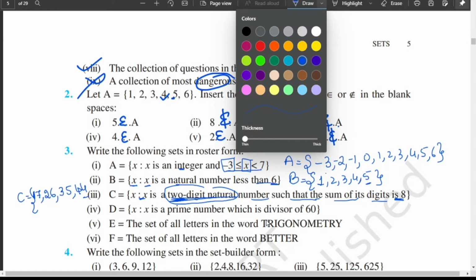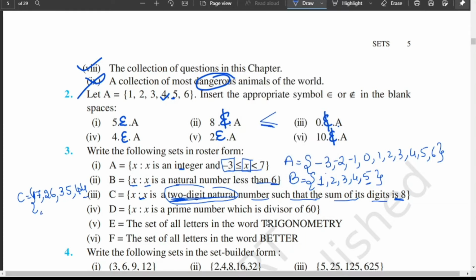Then you can repeat this one, same digits, but the value will be different. Definitely you can take 53, 62 and 71. One more we'll get, 8 plus 0, 80. Did you all get it? 1 plus 7, 8, 2-digit number 17. 2 plus 6, 8. 3 plus 5, so 35, 53, two different numbers, they are included in the set.